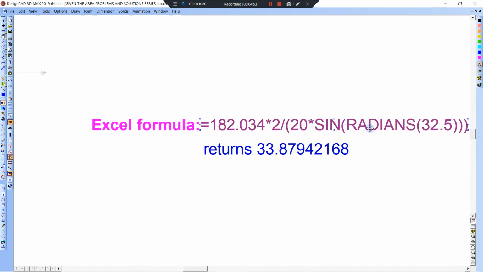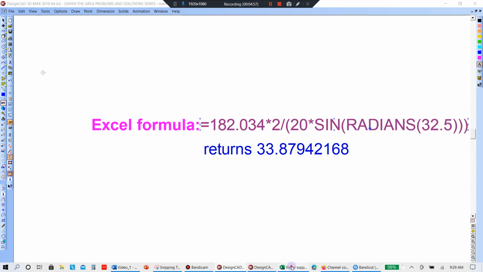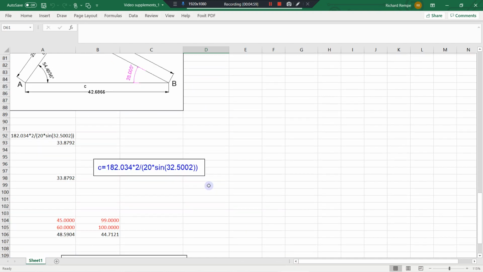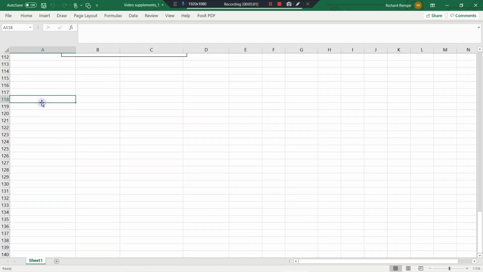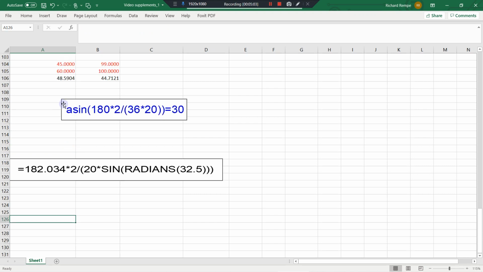And then let's do this. I'm going to copy and paste this. Control C, to show you that it gets applied in Excel. So what we had was Control V. We have 182 times 2 divided by 20 times the sine of 32.5. So that's how you have to put it into Excel. Let's just type it in: equals 182 times 2 divided by, and then put it